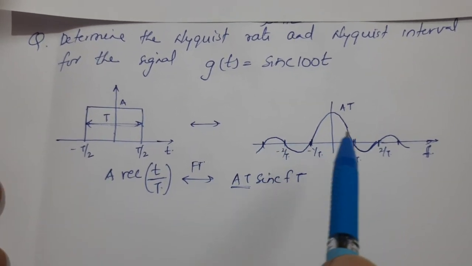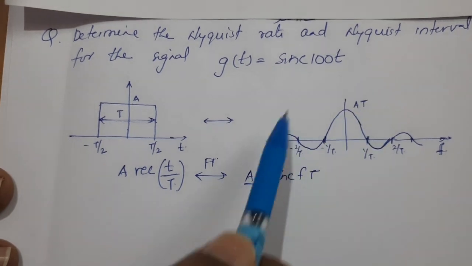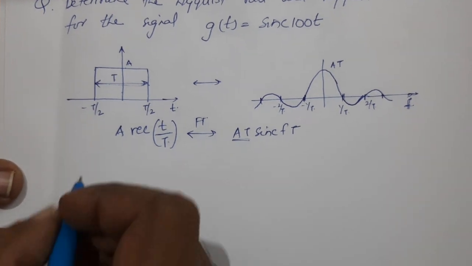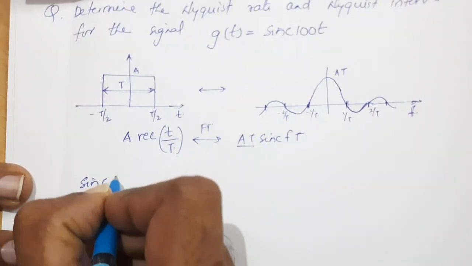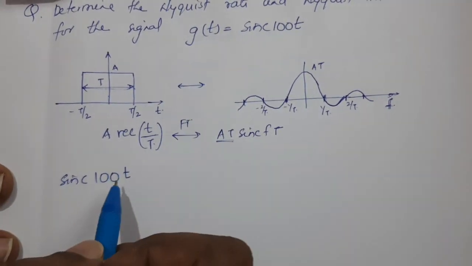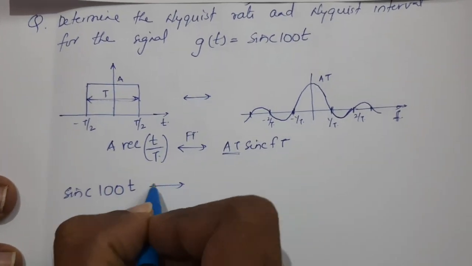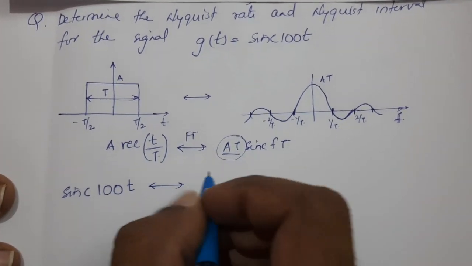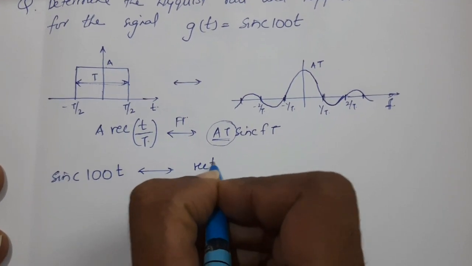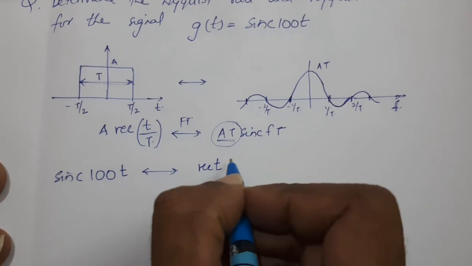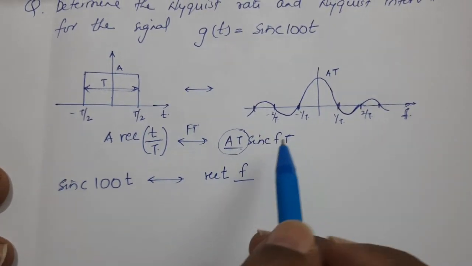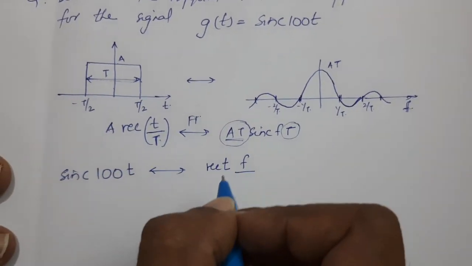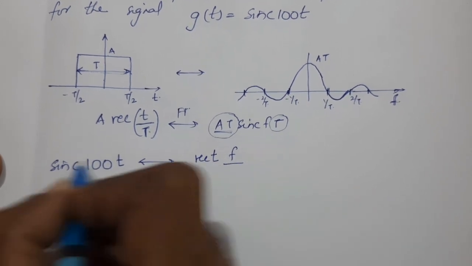that is, a sinc function in time domain. So we can correspondingly convert this to a rectangular function in frequency domain. So we can write it as sinc(100t), a sinc function in time domain. If you take the Fourier transform, since we are not interested in the amplitude, I'm not taking that amplitude, you will get rect(f/...). See here, this term will come under the denominator, right? So similarly in frequency domain it can be written as rect(f/ this value),